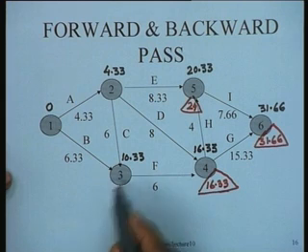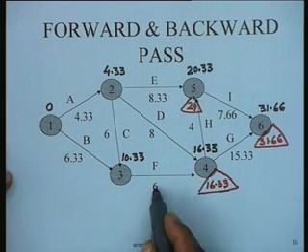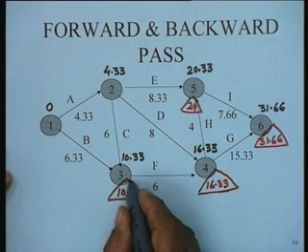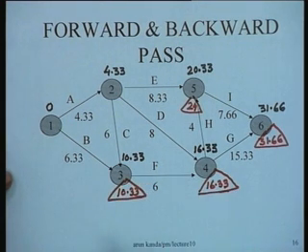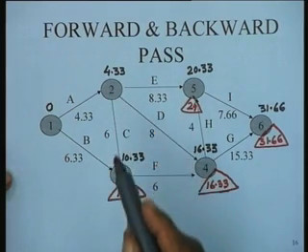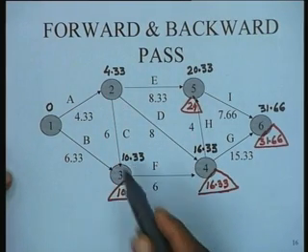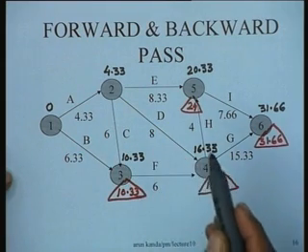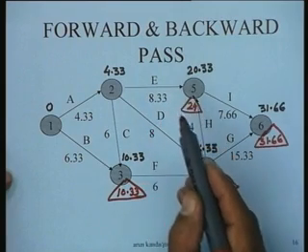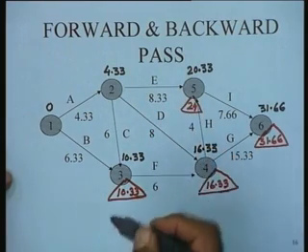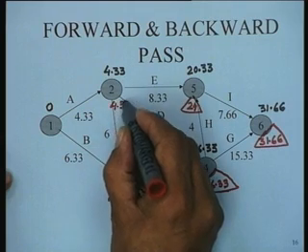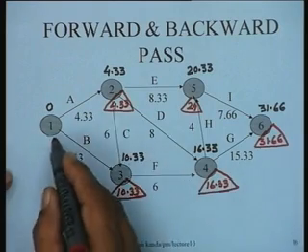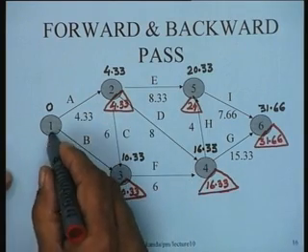And then we come to node 3. 16.33 minus 6 is going to be 10.33 for this node. So we compute the latest occurrence time of this node. And when you come to node 2, you will have to take the minimum over 10.33 minus 6, which is 4.33, 16.33 minus 8, which is 8.33, and 24 minus 8, which is going to be 16.33, and the least value obviously is 4.33. So this would be the latest occurrence time for this node. And finally, for this node, you can see very easily that this value comes out to be 1.